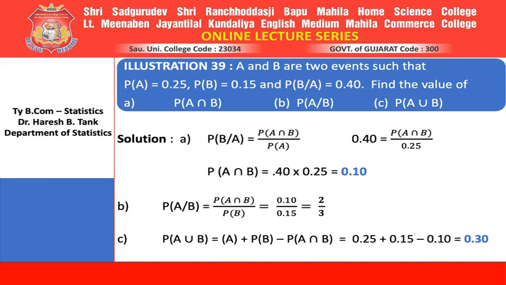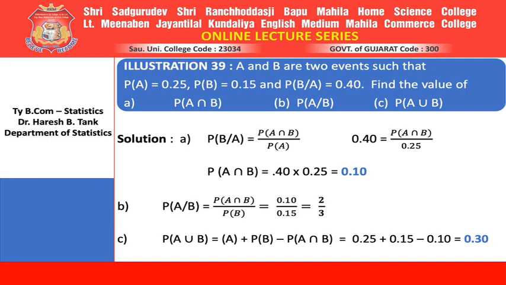Okay. Probability of B where A already occurred is nothing but probability of A intersection B divided by probability of A, of which two of them are known to you. Naturally, you will get the third one. Probability of B where A already occurred is given to you as 0.40. Probability of A is given to you as 0.25. The only third thing left is probability of A intersection B. So by putting the left hand side and right hand side criteria, it comes to 0.40 multiplied by 0.25, which comes to 0.10, and that becomes the answer of probability of A intersection B.